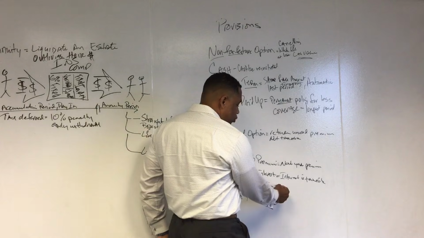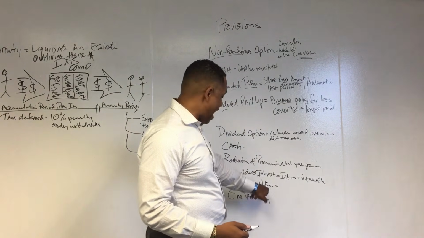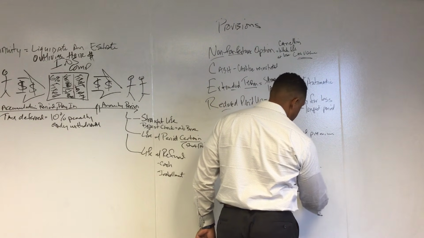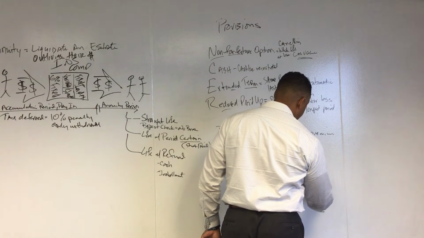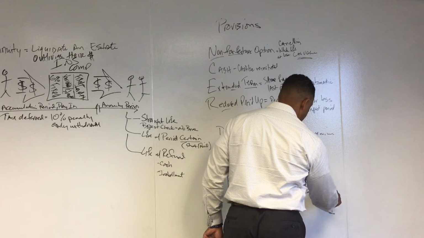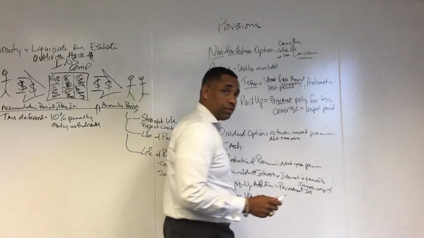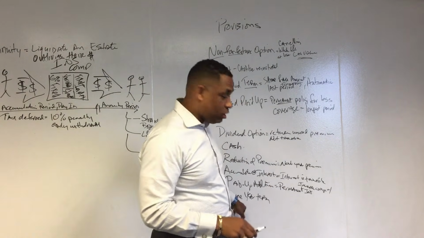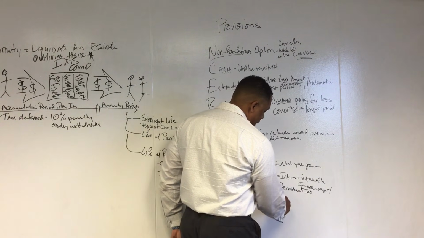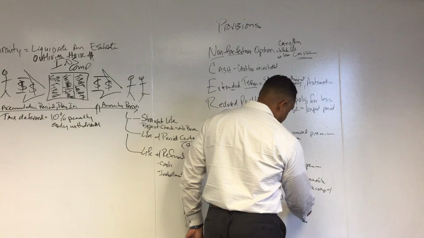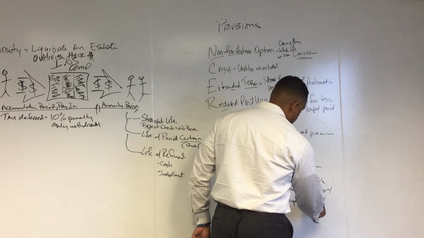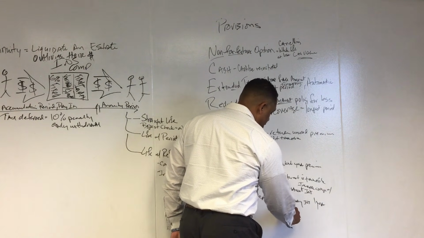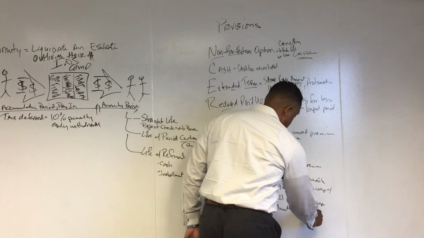Paid up addition is you use your dividend to purchase or add additional permanent insurance to your policy. You increase your coverage with permanent insurance. So if you had $100,000, now you got $105,000 for life. It's permanent. One year term is when you take your dividend and you add temporary insurance. A policy is only going to last 1 year. And it's always the amount that's equal to the cash value.